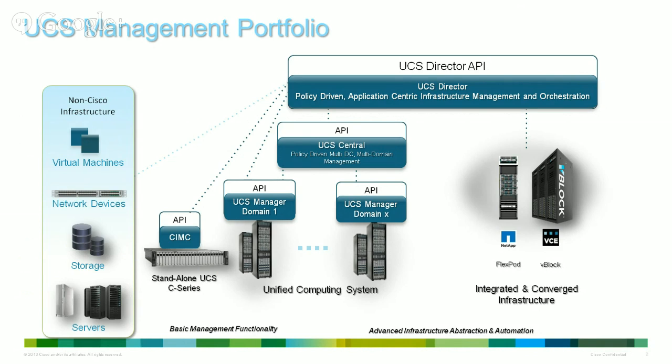One of the limitations of UCS is that it is limited to a pair of fabric interconnects. And those fabric interconnects can hang at most 160 servers off there. Also, another limitation, of course, is it's one location. So, if you have more than 160 servers, or if you want to have multiple locations, or if some of